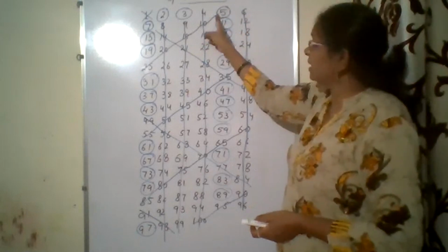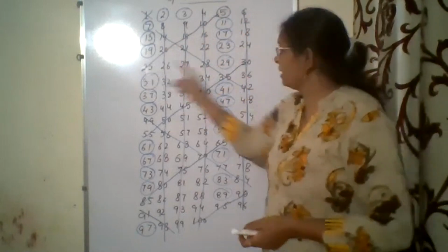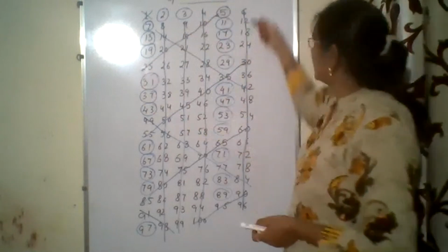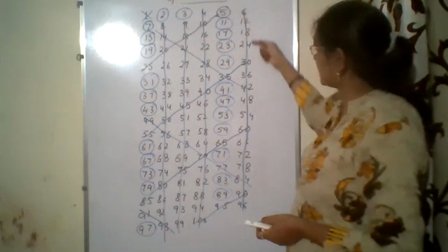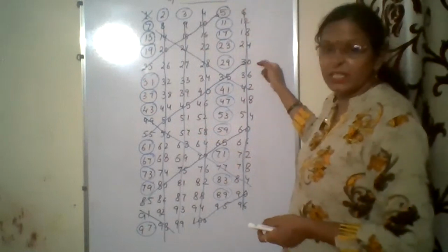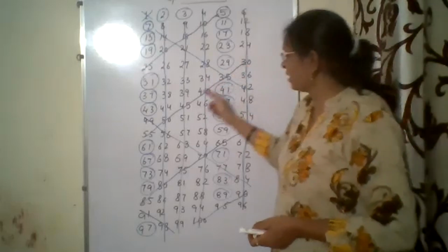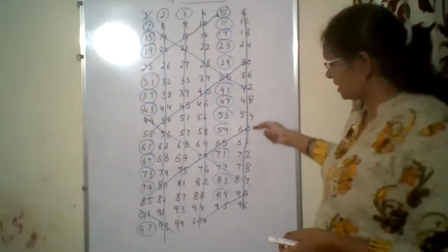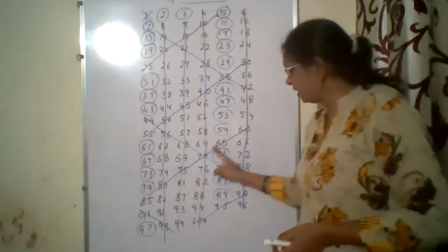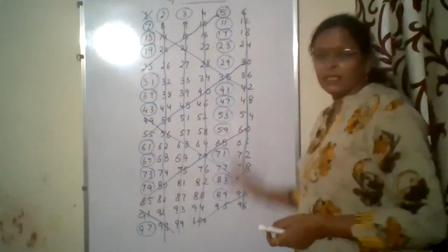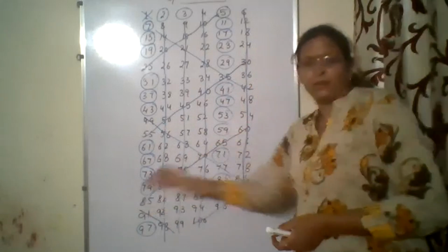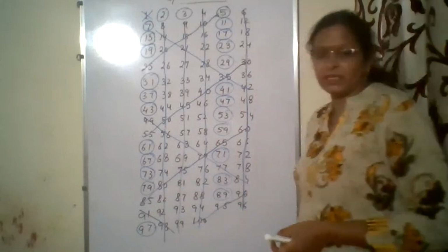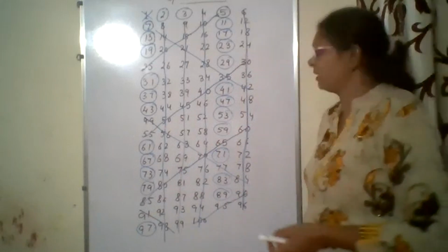Now next step is 5 is a prime number. Circle it. But diagonally strike off all the numbers which are divisible by 5. Please diagonally strike off all the numbers. Now after 5 you check this line. You come to 30. 30 is divisible by 5. So you strike off all the numbers diagonally. Then next check which number is divisible. 60. Strike off all the numbers diagonally coming in the diagonal row of 60. Right? Then next is 90. So strike off numbers diagonally. That is 90, 95 and 100.